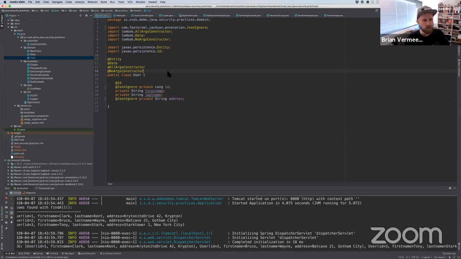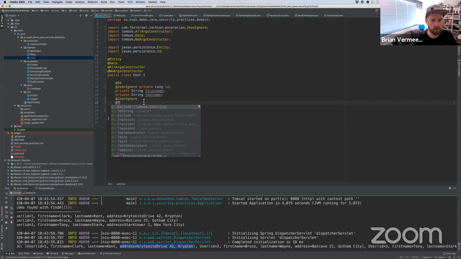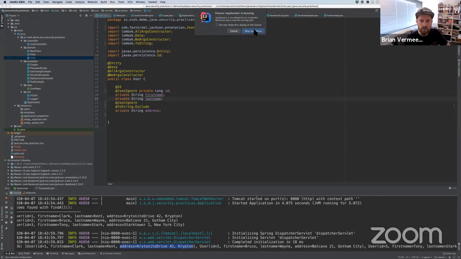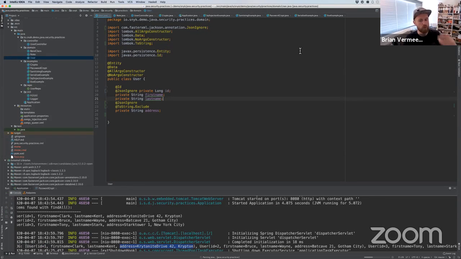In this example, I'm using Lombok, and you can think of Lombok whatever you want. I'm not going into that discussion. Some people love it, some people hate it, some people are Kotlin hipsters. Doesn't matter to me. But the point is, I do not want to print this address into my log because, well, now it's an address. Next time it's a credit card detail. So I'm using Lombok, and I can simply make sure, by using the toString annotation from Lombok and excluding it, because, well, I like to code less and do more. And by stopping and rerunning it,